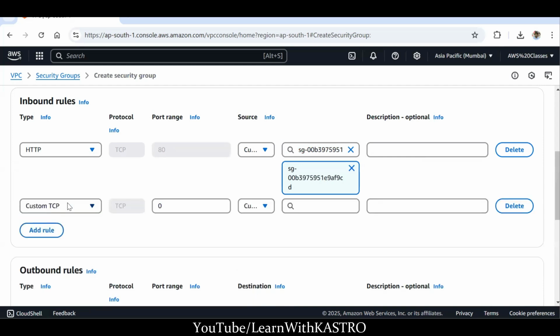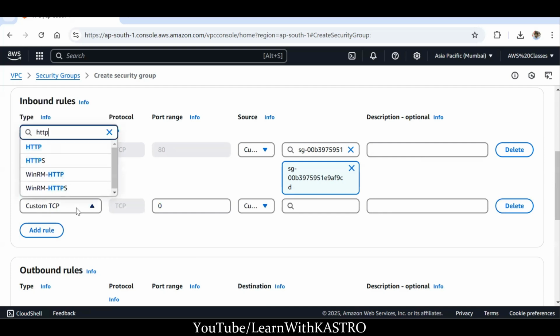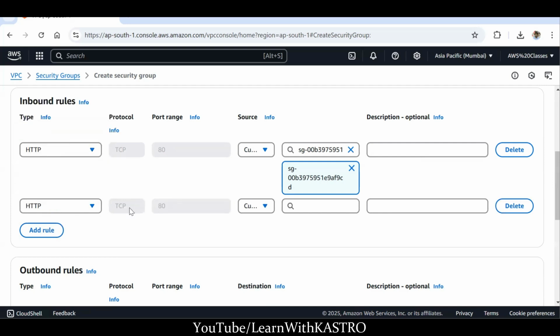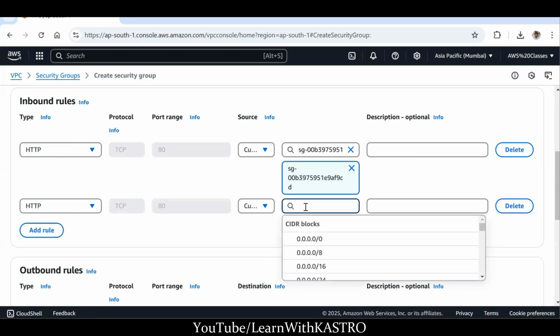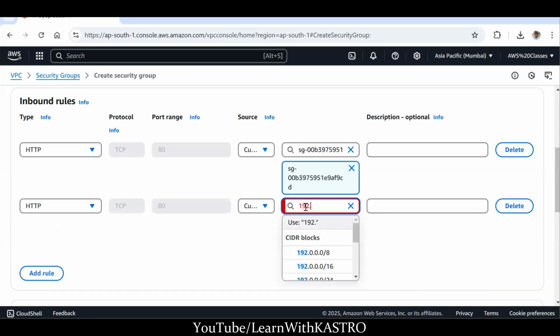Let's say I will open for the entire VPC range. That also we can do. So click on the add rule, and then source type is HTTP again. So let me select the traffic as HTTP traffic. Protocol is TCP, port range is 80, and here source type is custom, and the IP address which I am going to give is